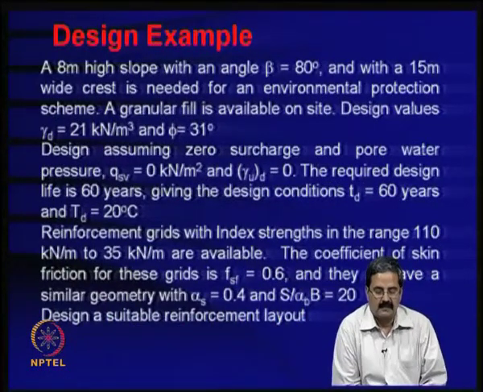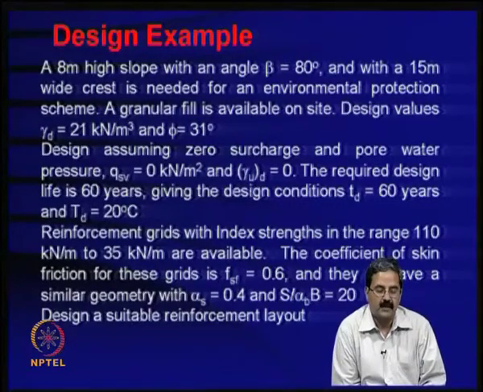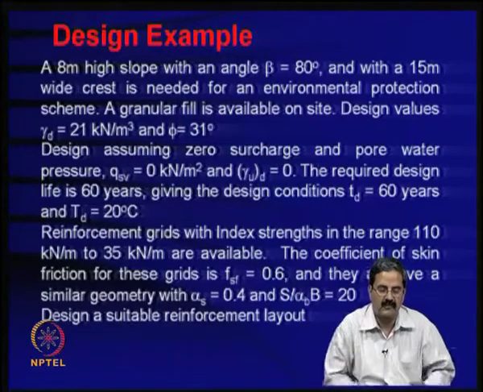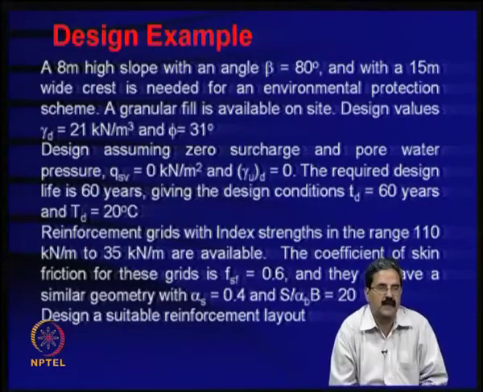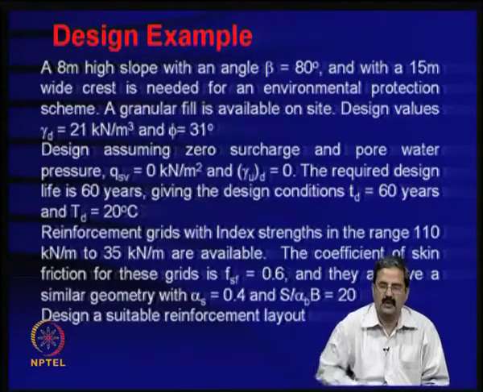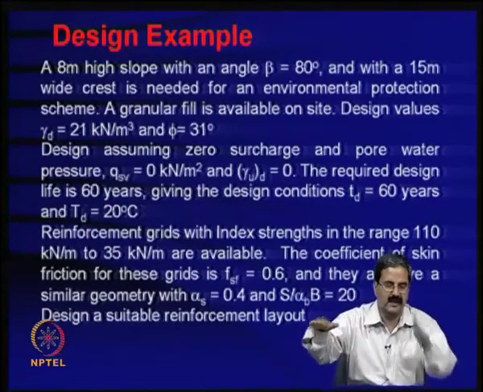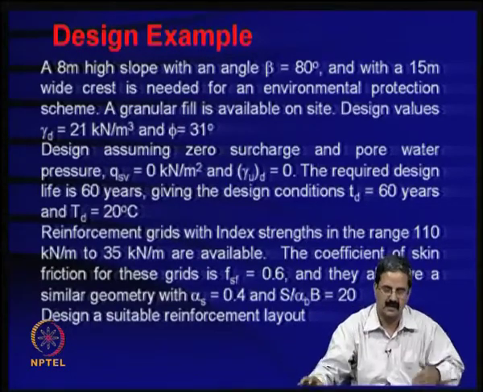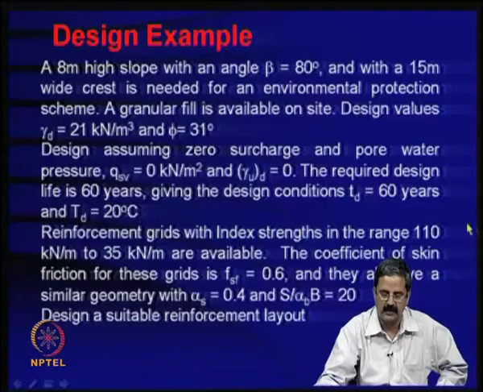Now, it is an example. You are trying to design an 8 meter slope with an angle of 80 degrees, it is nearly vertical, you can see that, with a 15 meters wide, maybe you are trying to have a car parking or something, road widening work, like say for example you have a narrow area here, you would like to increase the road width. So, you 15 meters this side and 80 degrees slope you can make. In fact, that is what people have been doing elsewhere.